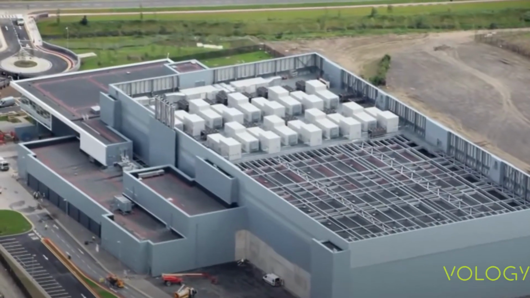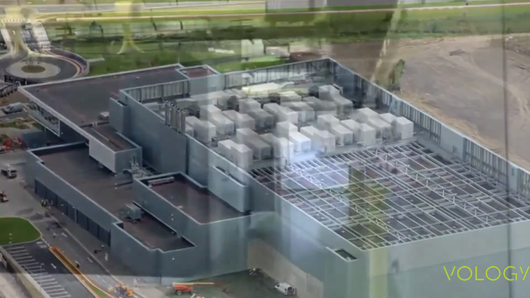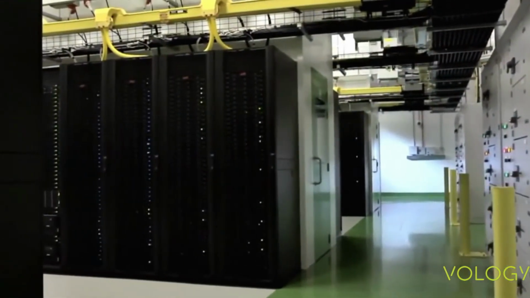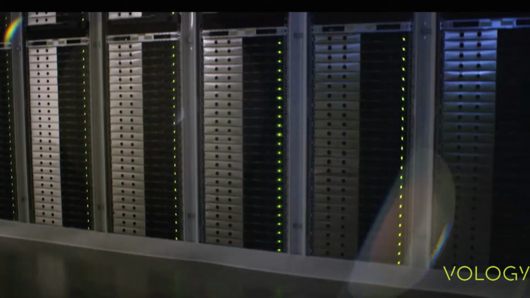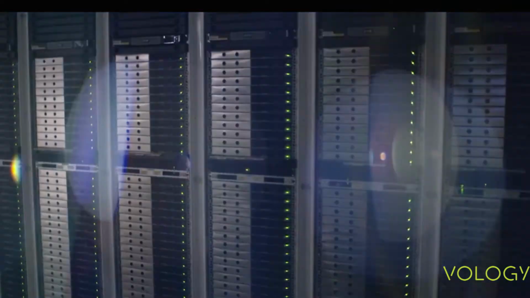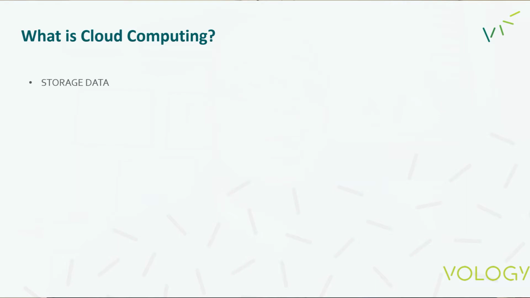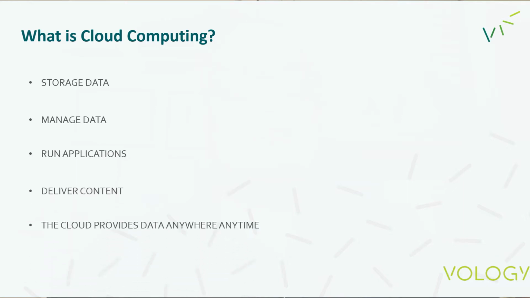Now, to take the definition of the cloud a little bit further, Microsoft defines the cloud as mostly a remote network of servers around the globe, which are linked together to operate as a single ecosystem. And these servers are designed to either store and manage data, run applications, or deliver content. And the best thing about the cloud is that this information is meant to be available anywhere you go, anytime you need it. So as mentioned earlier, remember, cloud computing is about renting resources instead of purchasing hardware.